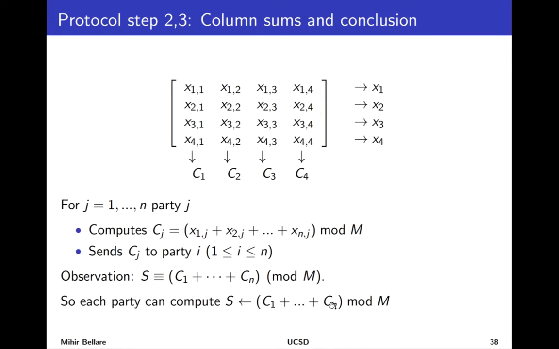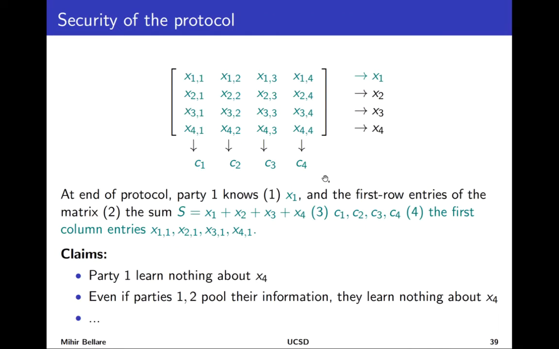So that's the protocol. Now you still have to wonder, is there some privacy violation in sending out these sums? But you can do an analysis of this, and it turns out that you can see that it isn't. So for example, consider party 1 at the end of the protocol. What does it know? It knows its own input, it knows these values, and it knows the sum, all 4 sums. But this actually doesn't tell it anything about, for example, what x4 is, because there just isn't enough information